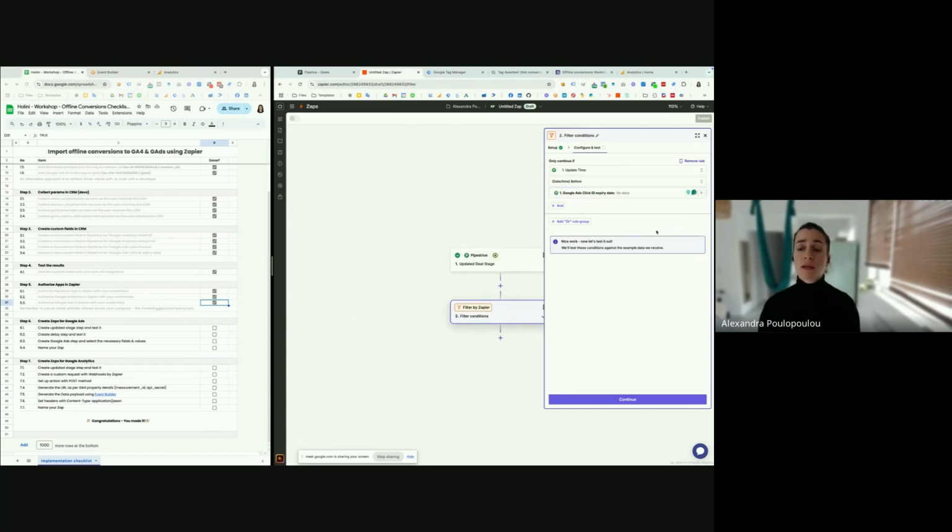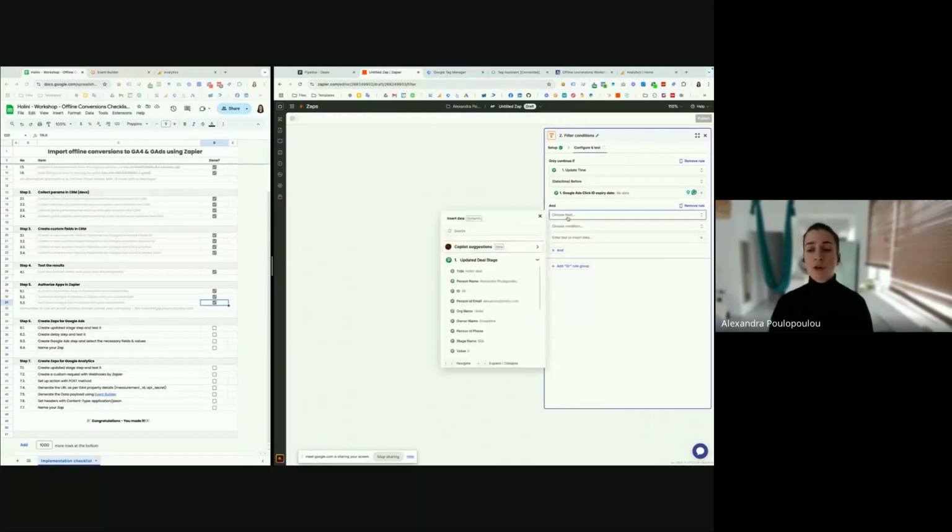So what we're saying here is that if the lead that moved from the new lead to SQL phase has a GCLID that was before its expiry date, then we can move on. If it was after this date, then we will skip it and we will not proceed with any automations. This can clean up your ZAP history a bit, because otherwise you will have a lot of errors there.